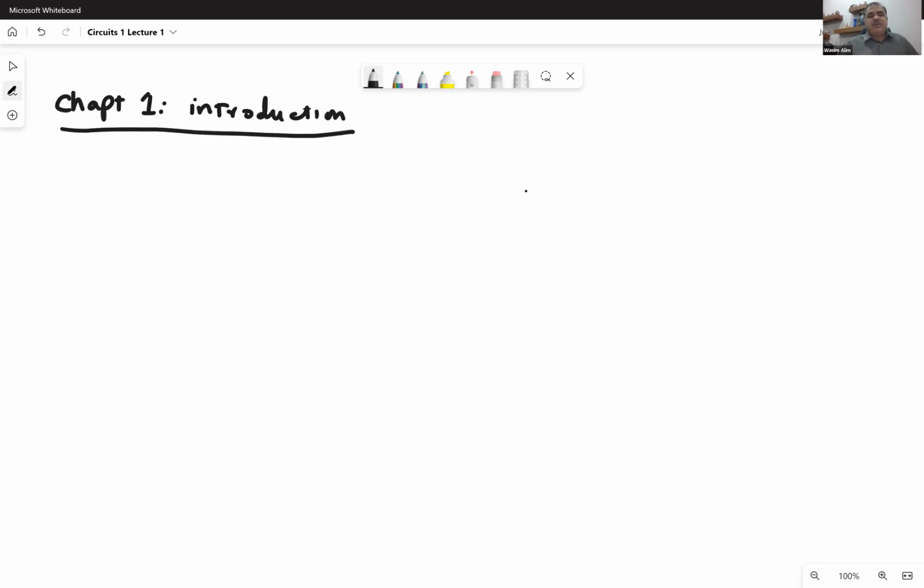In this chapter, various topics are introduced in the sense that, the units and the type of various important concepts in terms of voltages, currents,